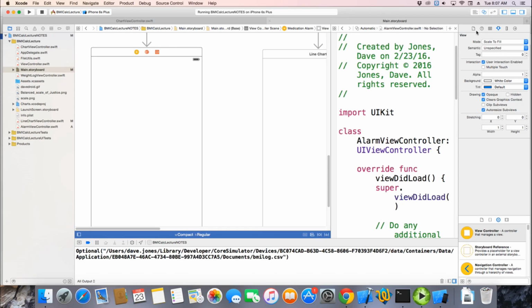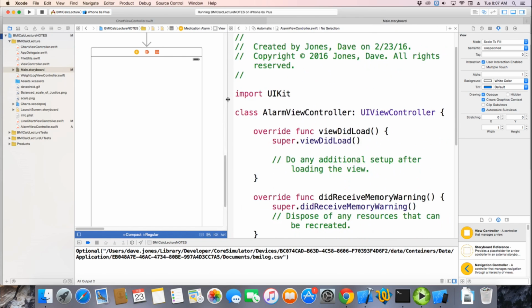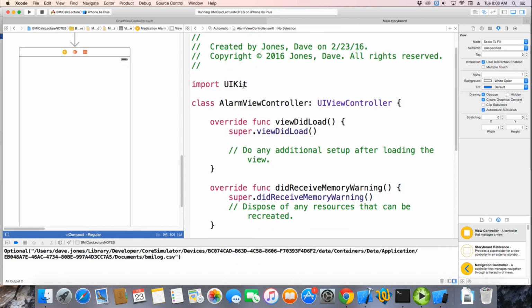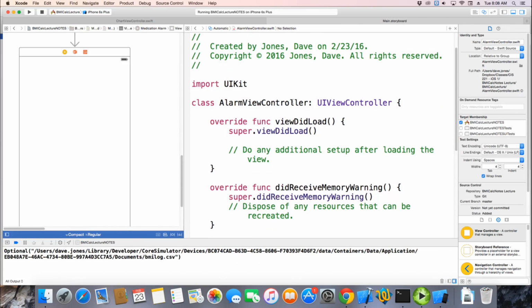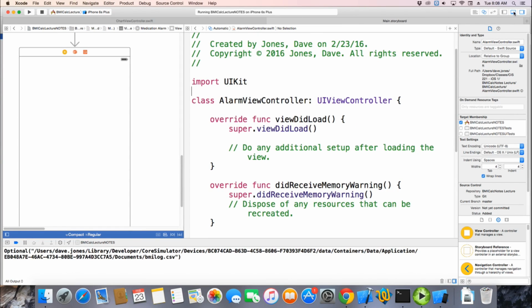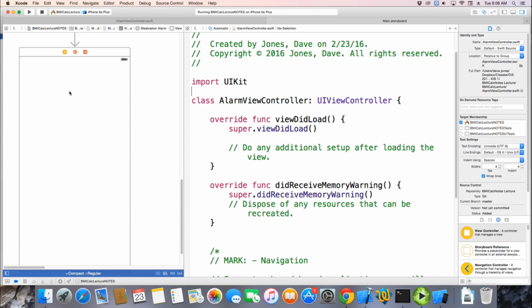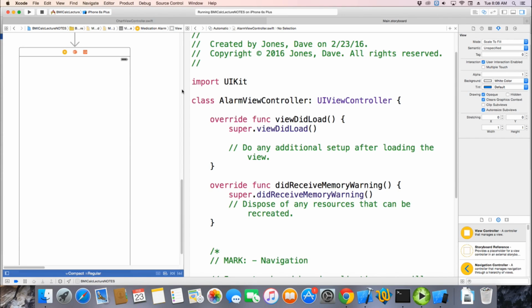Maybe I'm already there. I think I'm already there. All right, so I need my view open, and then this is the controller. So let's get rid of some stuff. So let's add some stuff over here, like